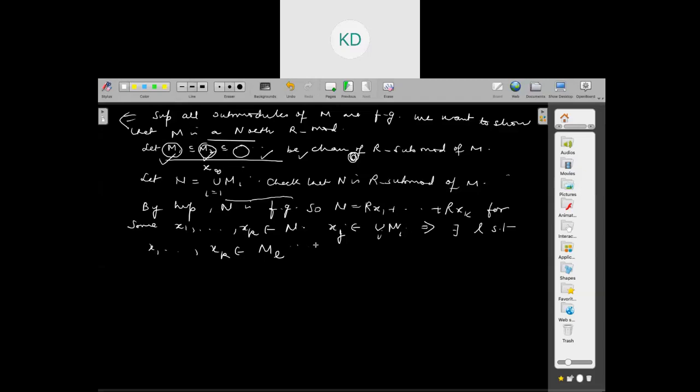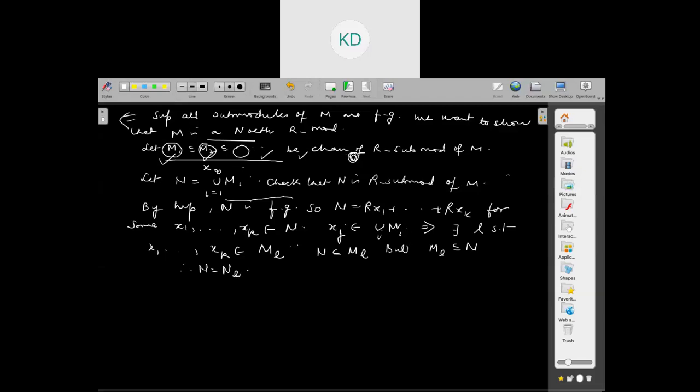Now this chain will stop after that. Now N is contained in ML, but ML is contained in N, because N is the union of all the Mi's, therefore N is equal to ML. So what does it mean? Their union is this.